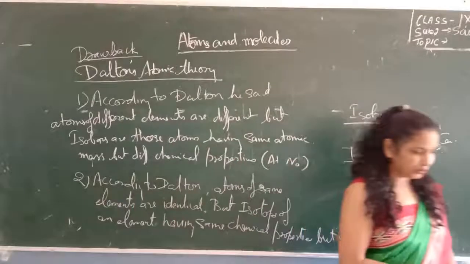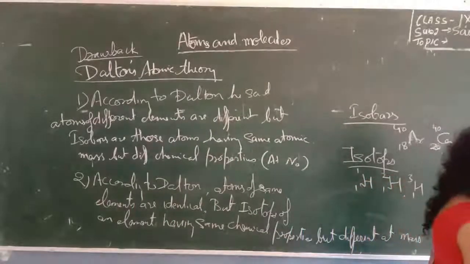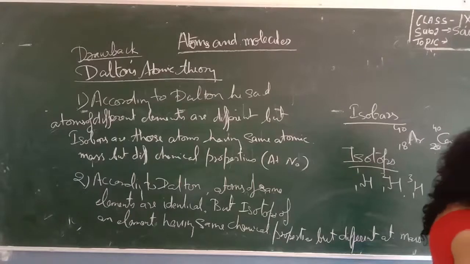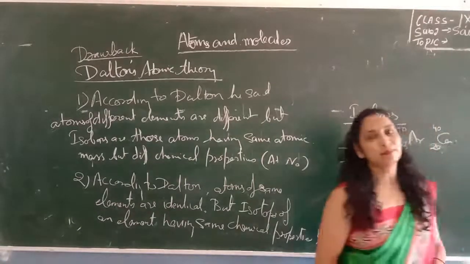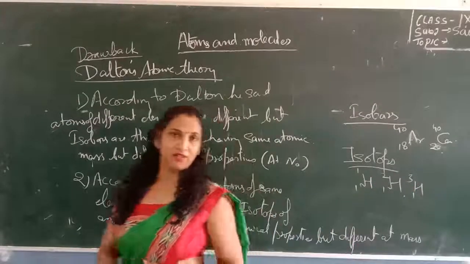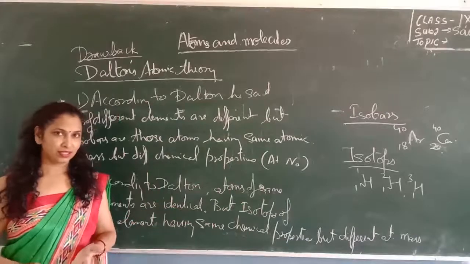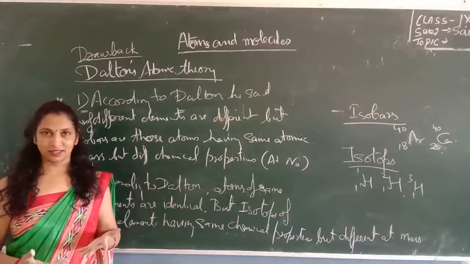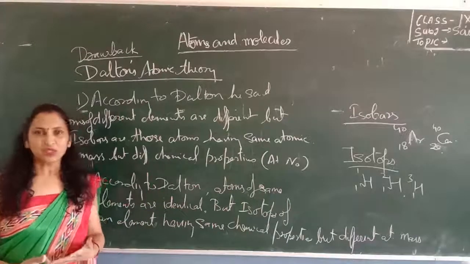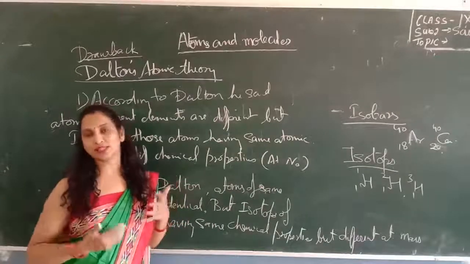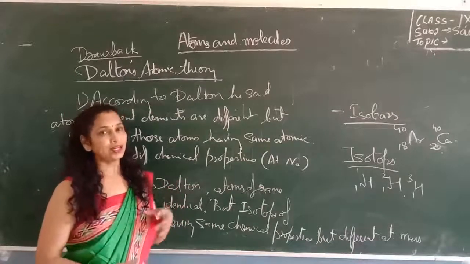So in the next video we will understand the size of the atom and the symbols of different atoms. We know that we represent hydrogen by H, carbon by C, calcium by Ca, sodium by Na. So how did we find this out? Who was the scientist who showed which symbol